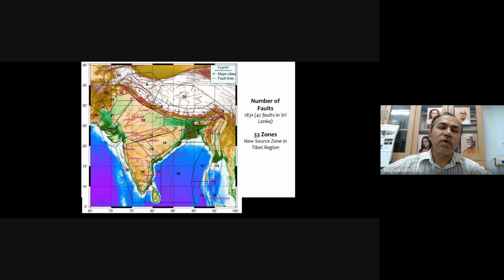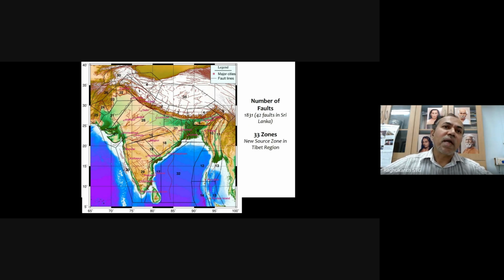We have the Geological Survey of India, which is a 150-year-old institution. They have given this fault map, which is available online on the Bhukosh website. In total, 1831 faults have been identified here, and not only faults in India, but also faults in Sri Lanka, neighboring Pakistan and Tibet. Whichever faults their official governments have published have also been included in our analysis, because an earthquake which occurs in Pakistan or Tibet can also damage structures in India.